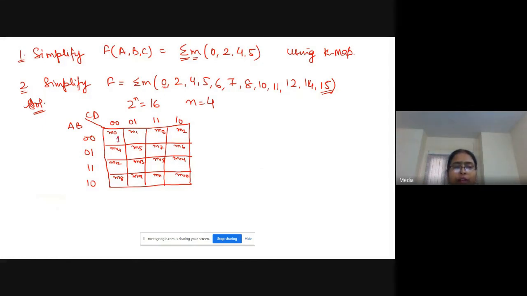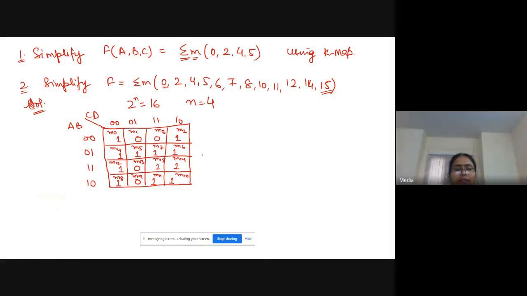For 0 it is 1, for 2 it is 1, for 4 it is 1, for 5 it is 1, for 6 it is 1, for 7 it is 1, for 8 it is 1, for 10, for 11, then 12, then 14, and then 15, and for others it is 0. Is it clear?